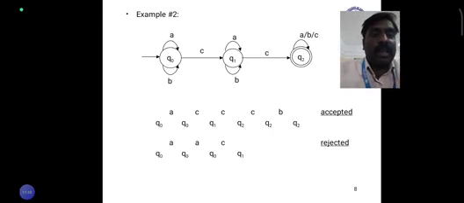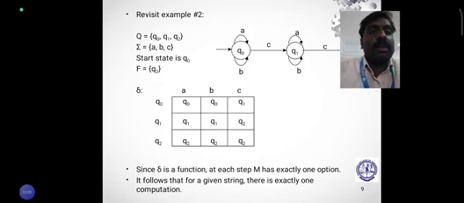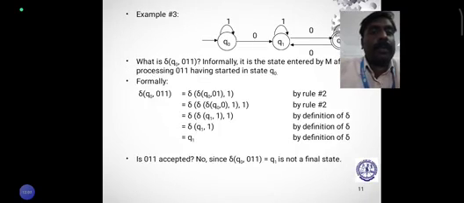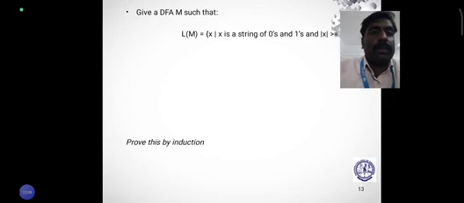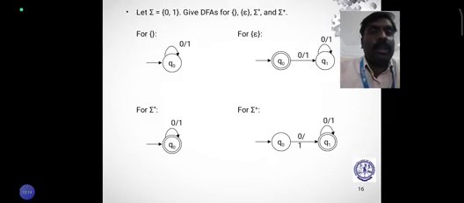So in the second case, the string is rejected in the given transition diagram. So this is how we prove with the transition diagram. So these are called the computational process of an automata. So these are some of the examples. Now let us look at